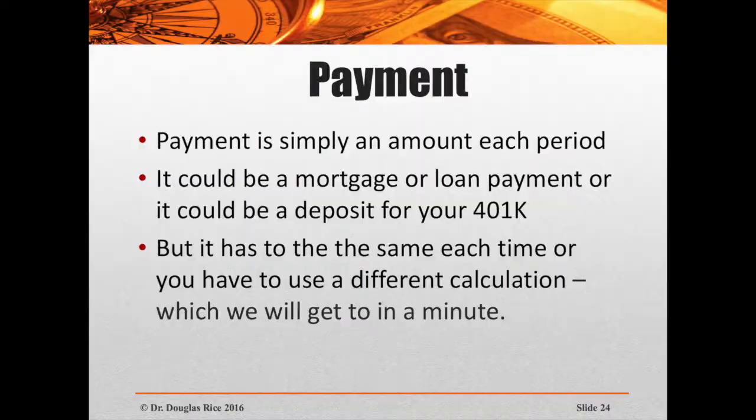The next thing we have to consider is payment. Payment is simply an amount each period, and it is each time period. So you have to make sure that whatever you're calculating isn't 2 payments, then miss a couple payments, and then pay 2 payments. It is absolutely every time period. For example, if you were saving for your 401k and you saved 1 month or 2 months, and then you missed a month, and then another month, or you weren't going to save on a regular basis, there's another way to do that calculation, but you wouldn't do it this way.